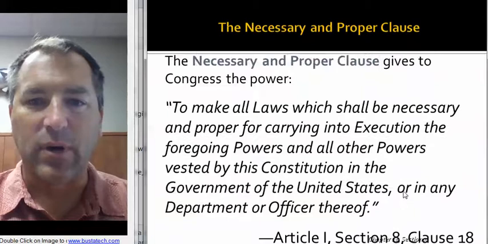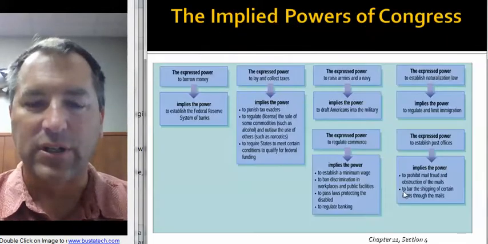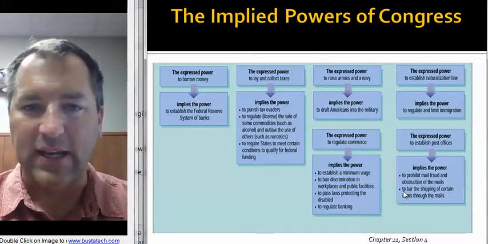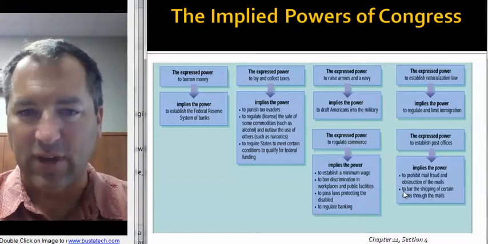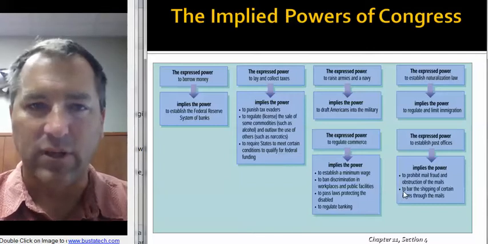The one that we want to mention next is called the Necessary and Proper Clause. This is sort of an elastic clause, which allows Congress to pass things that are necessary and proper to carry out its powers. Oftentimes things will fall under here, implied in the Necessary and Proper Clause. For example, it says you can borrow money, and then it implies they can do this. They can collect taxes, which implies they can punish tax evaders, regulate the sale of things, and so on. They can raise an army, it says that right in there, it's expressed, so that means they can run a draft and so on.